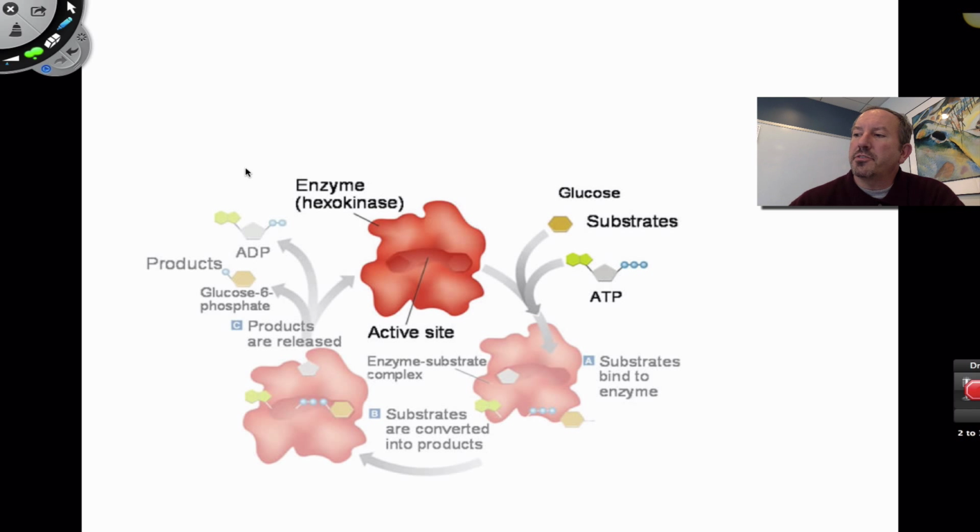And so here's another cool example of a chemical reaction. We could say this is a classic. This is the very first chemical reaction in the metabolism of glucose, or cell respiration, or at least carbohydrate metabolism. So let me see if I can go with this. So here are the substrates, glucose.